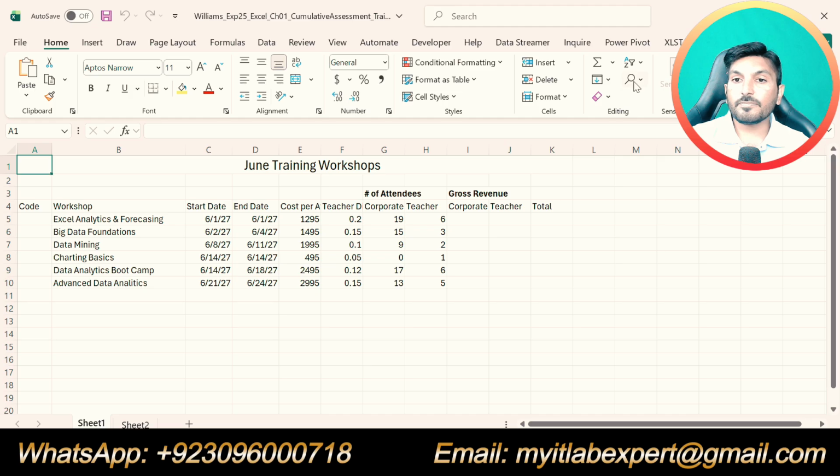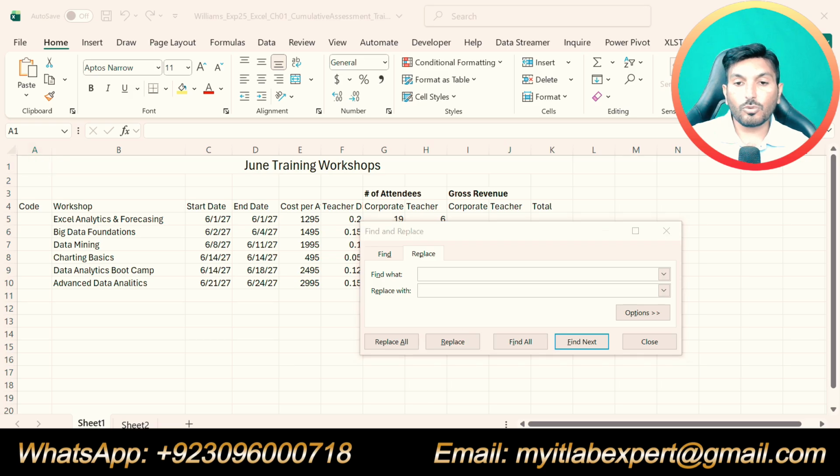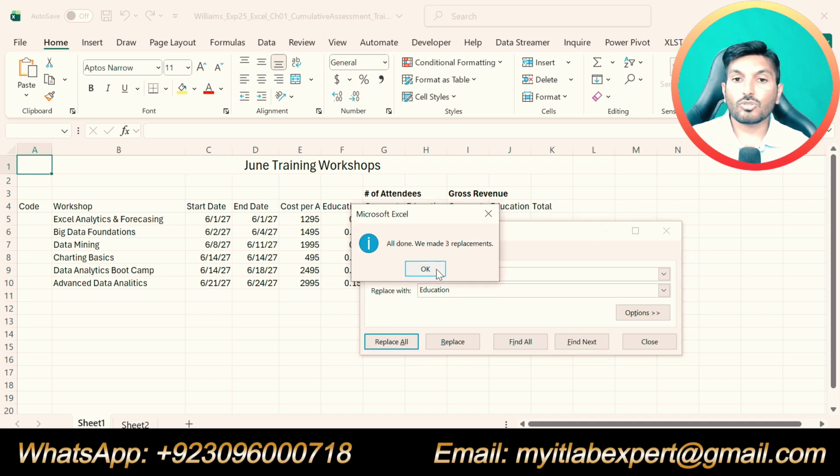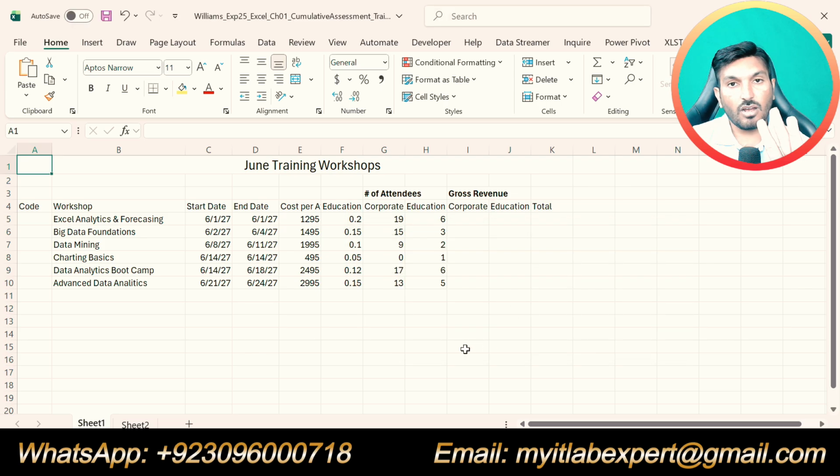In the editing section, click Find and Select and click Replace. Find what: teacher, and replace with: education, and click Replace All. So we have replaced teacher with education, and we got 3 replacements. That is all for step number 2.